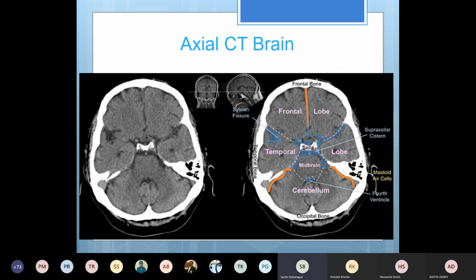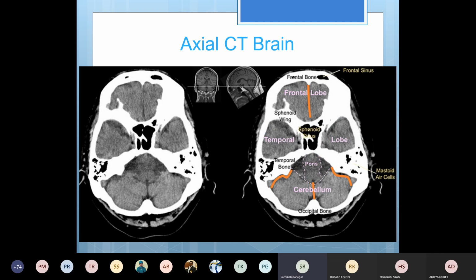On either side, you start seeing the mastoid air cells inside the temporal bone near the ears. This is the external pinna, the fold of skin that we see. Here are the right side mastoid air cells, left side mastoid air cells, and these are the sphenoid air sinuses and basal sections of the frontal lobe and temporal lobes, and here you have the pons, medulla and then cerebellum.